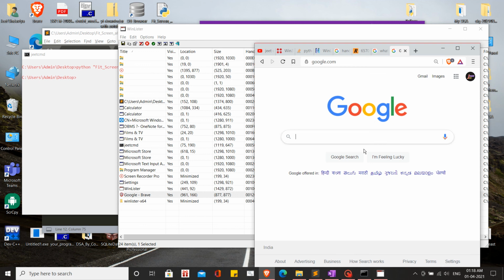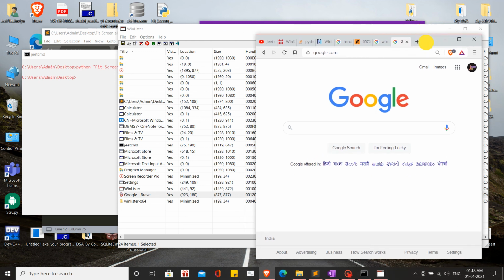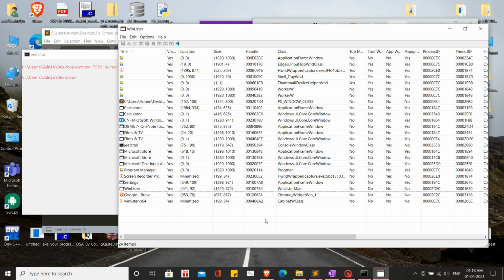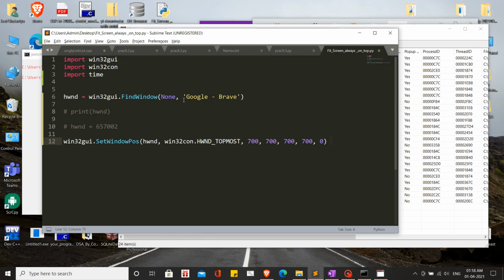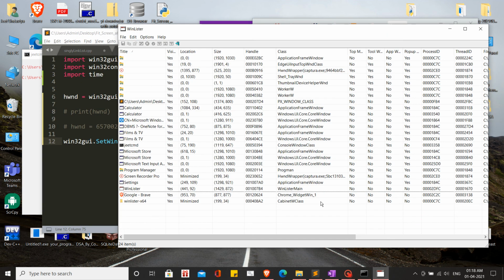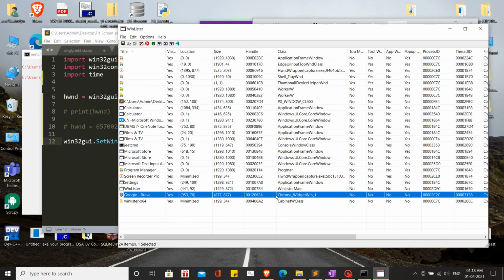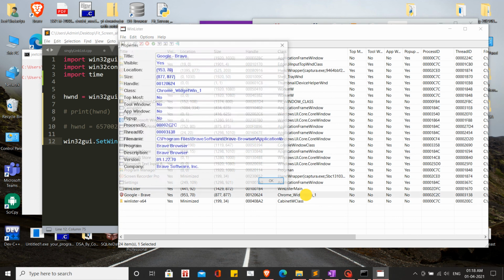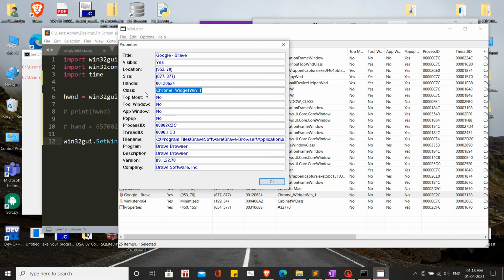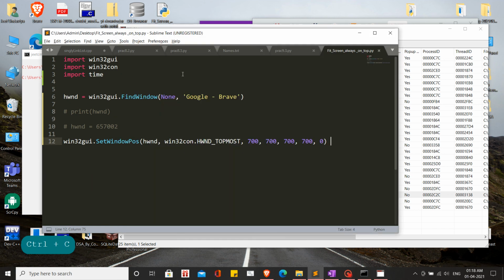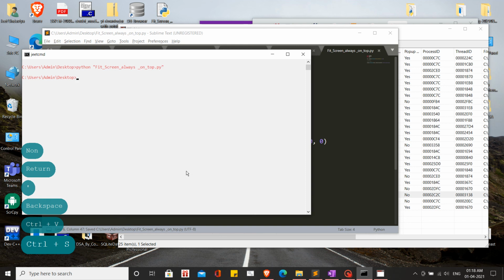So let's say for now we want to pin up this task again. Before, we did it by the title name, but now we'll do it by the class name. For getting this thing over here, just double click on it. I am not sure because I have not tried the class name with this specific application, but let's see. For now I'll set this to none, then change this to screen, copy the class name over here, save this, and run the program again.